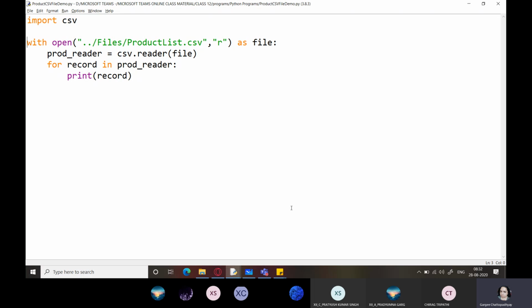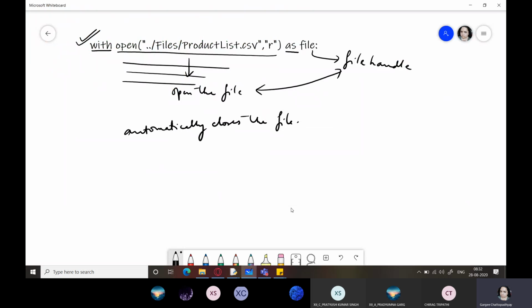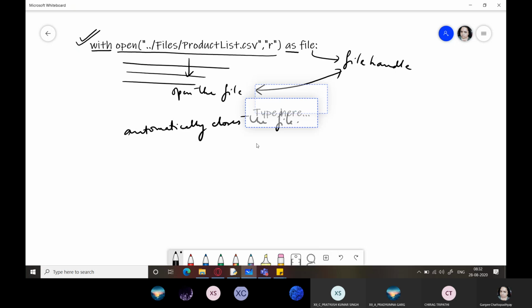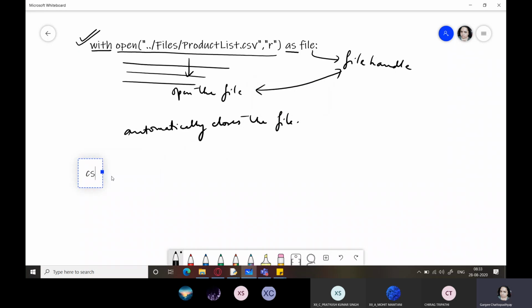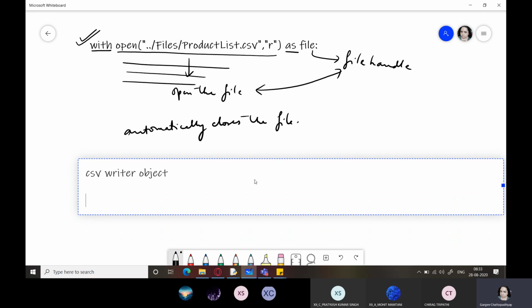What about performing write operations in the file? So let's do that now. For performing write operations in the file, we use the CSV writer object. How do we create the CSV writer object? We just provide an identifier.